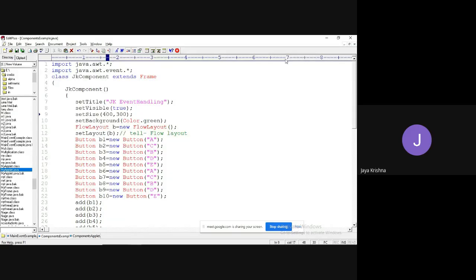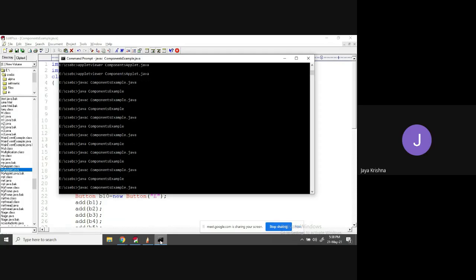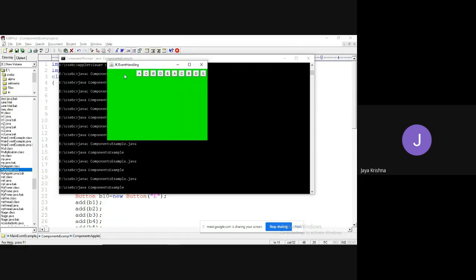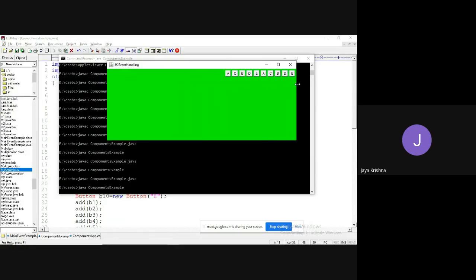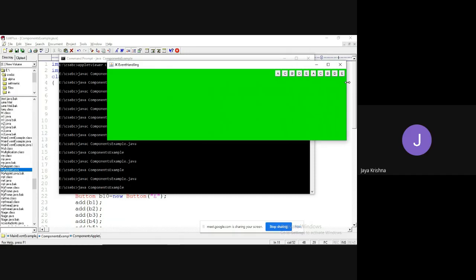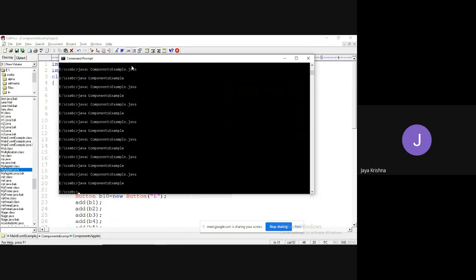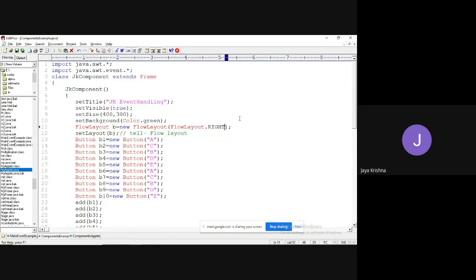Okay, fine. If you wish to set that flow layout, I can make that flow layout by passing. If you observe, you can observe the difference between the outputs, the previous output and the present output. In the previous, all are arranged on the left. Now it is going towards the right. But in the previous, if I try to extend, all are going towards the left side. If I minimize, all are going to fill towards the right side first. Okay, so this is the concept of flow layout.